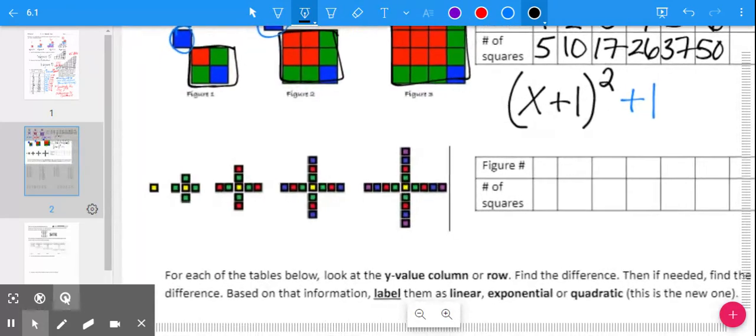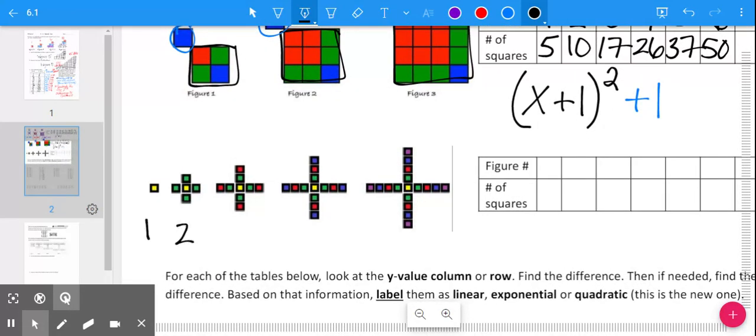So our next one, we're going to call this figure 1, 2, 3, 4, 5, because it's not marked. So in figure 1, there's 1. In figure 2, there's 5. Figure 3, there's 9. Figure 4, there's 13. Now, if we look at the colors on these,